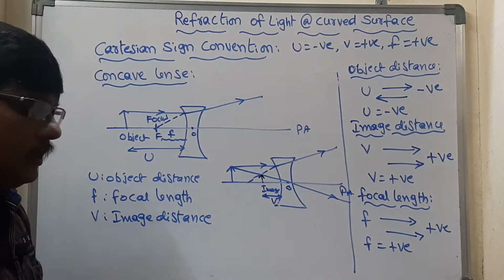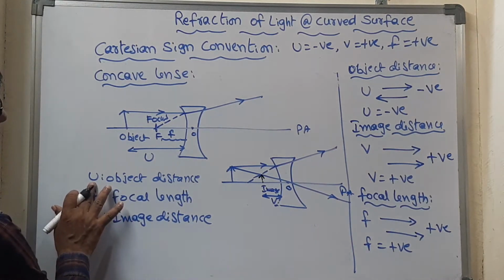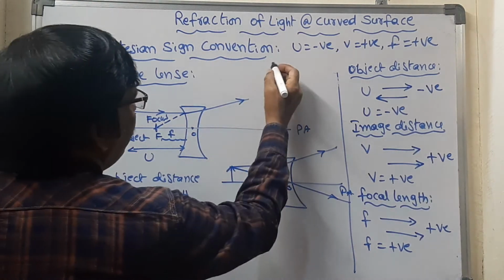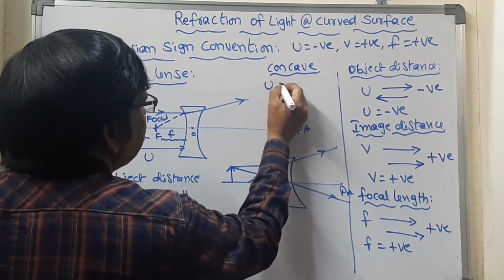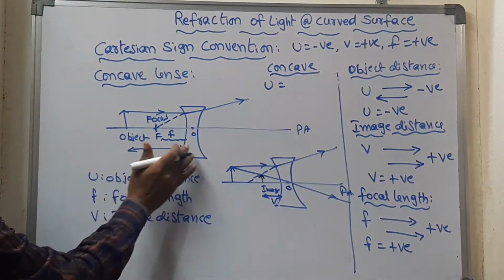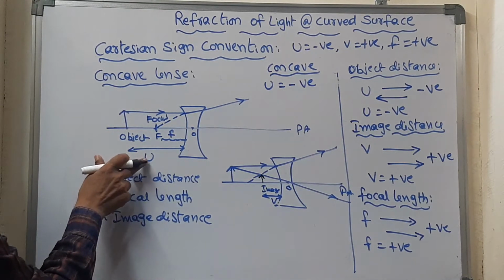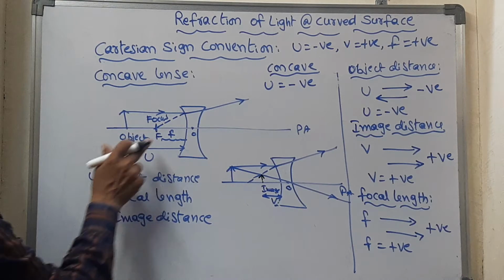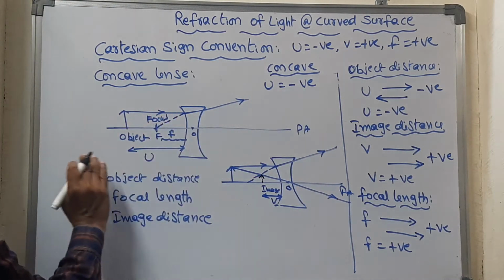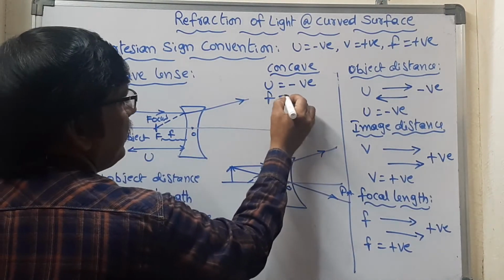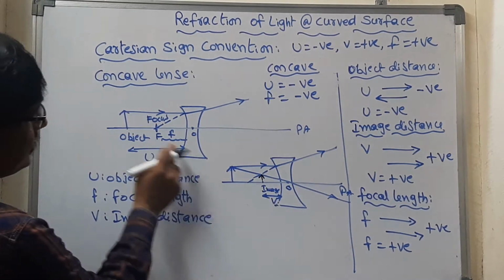Now what we have discussed before, object distance. Which side is the object distance? That is the left side. If it is on the left side of the lens, then we consider it negative, isn't it? Object distance this side is negative, so this can be considered as negative. Again, you see the focus is on the left side only, so F we can also take as negative.